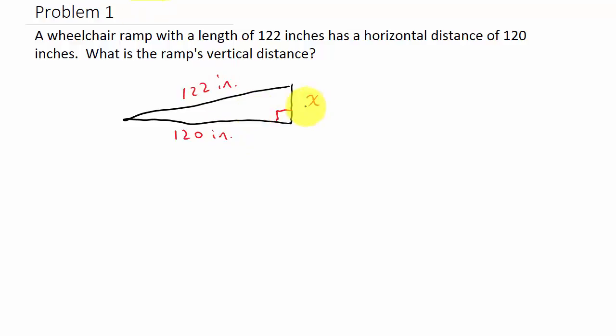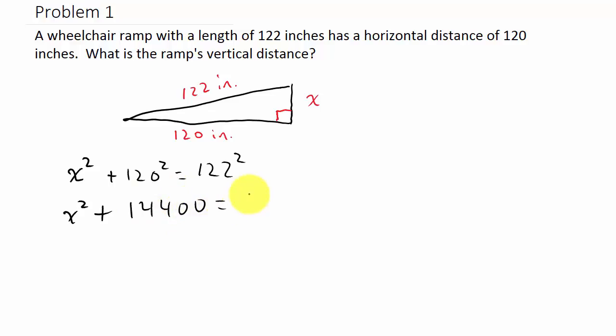So the Pythagorean theorem says x squared, this side squared, plus this side squared, so plus 120 squared, would equal the hypotenuse squared, which is 122 squared. So this is going to give me x squared plus, and then let's see, 120 squared, that's 14,400, equals 122 squared, and that's going to be